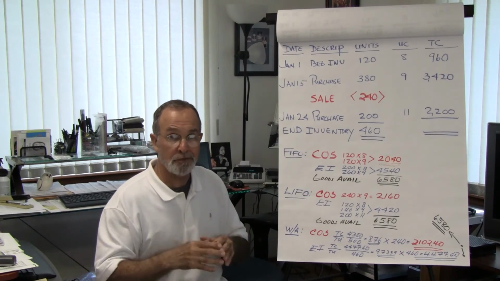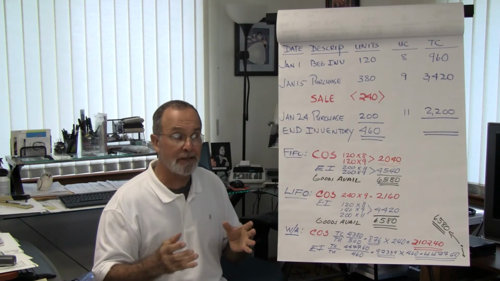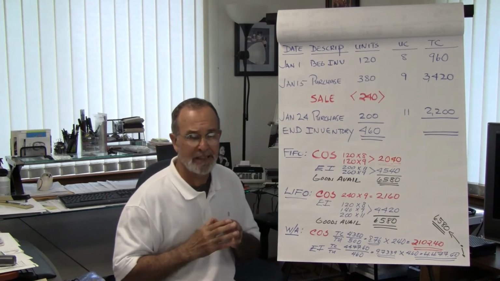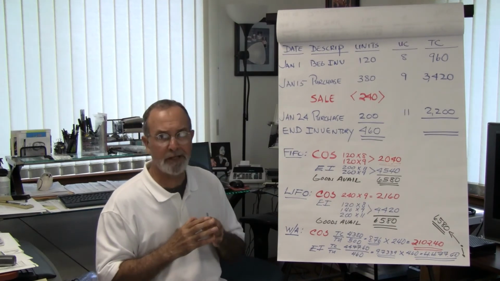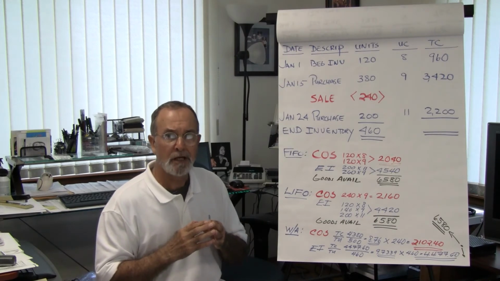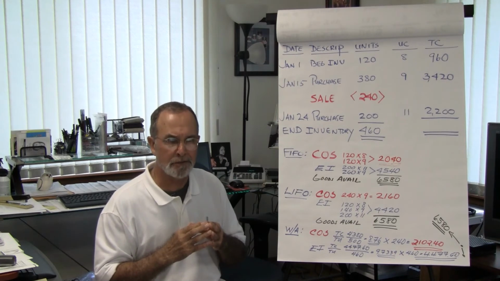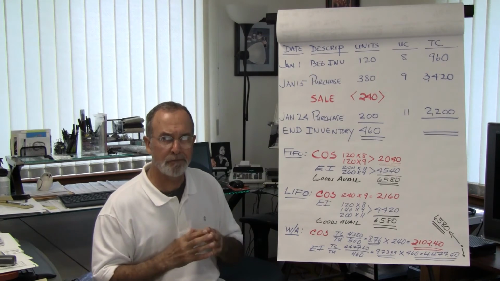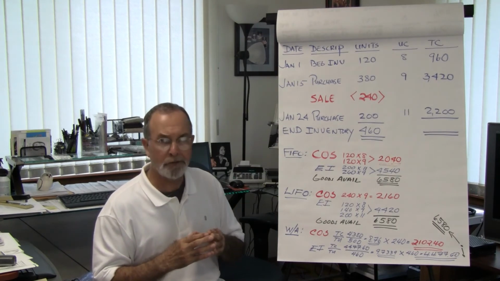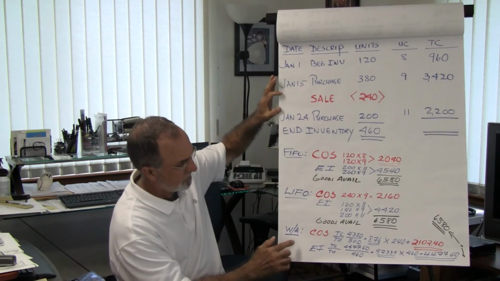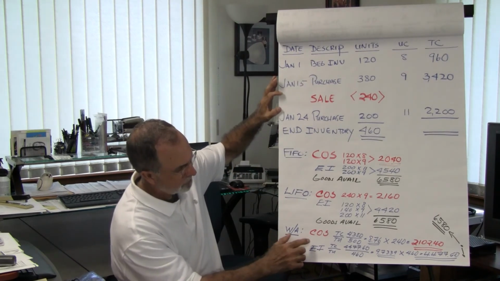So if you're a big business with a lot of sales, you can understand how much work that would be if you were doing it by hand. And so you almost have to have a very good computerized accounting system, normally what's referred to as a point of sale system, to do the math for you and to do the calculations. But since we have only one sale here in this example, we were able to do it